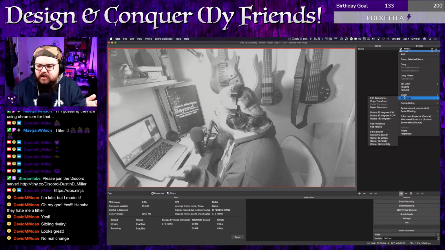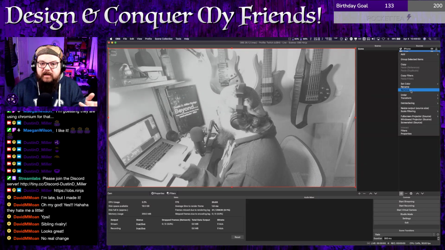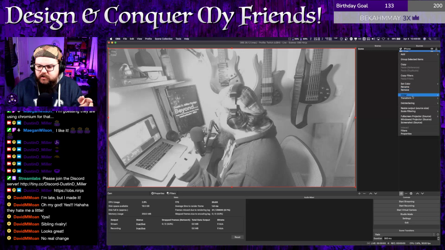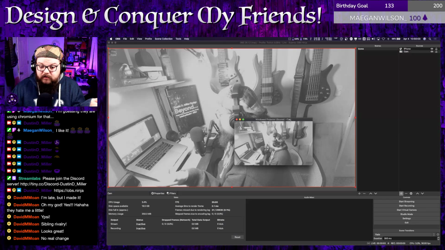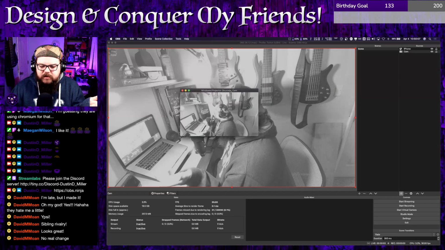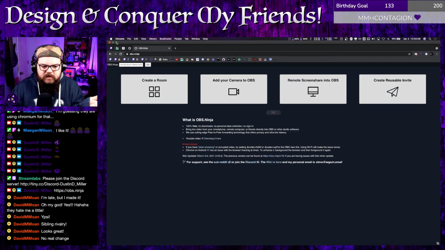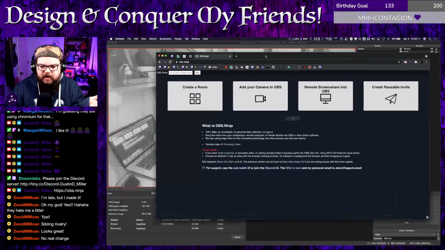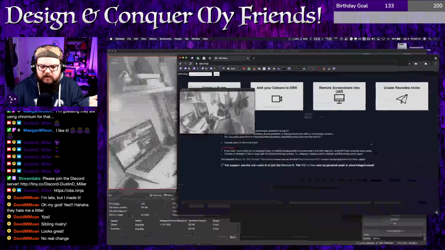So my recommendation is that you find the video source that person is streaming their game from, and you can do either full screen or windowed. It's completely up to you. I'm a fan of windowed. And I am going to stop this from being full screen so that way I can actually do two things at once on my screen.